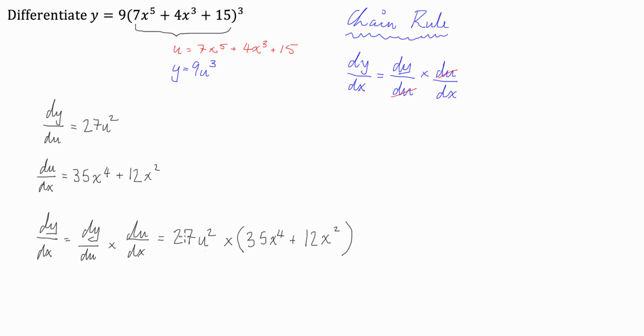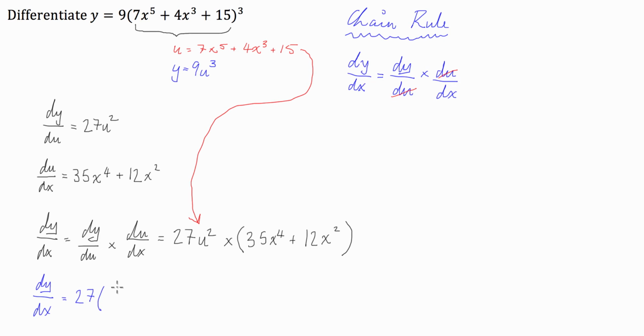Why is that? Because we want dy in terms of dx. So we're expecting a y in terms of x for our differential equation, but we have a u in here. And that's quite simple to fix. All we do then is we substitute the u that we initially pulled out back in. So what then happens is we get a final product, which is dy dx is equal to